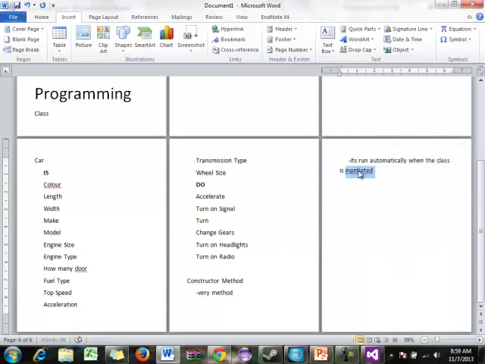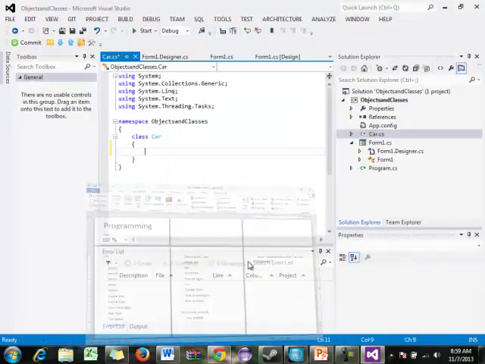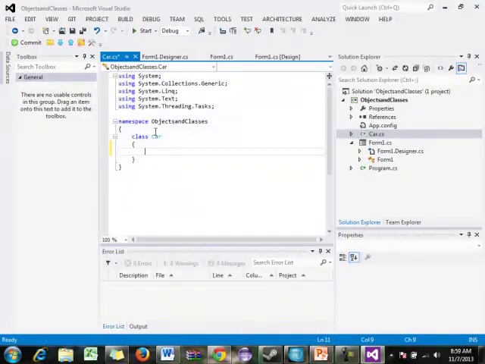So when you go from the class, which is the plan, to the actual object, which is the thing. Think of instantiation like building the house. You're using the plan to create an actual thing that you can actually use. Okay? So the first thing we want to do is create a constructor method, and the way we do that is we